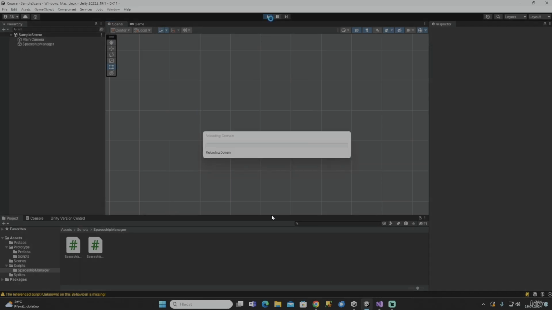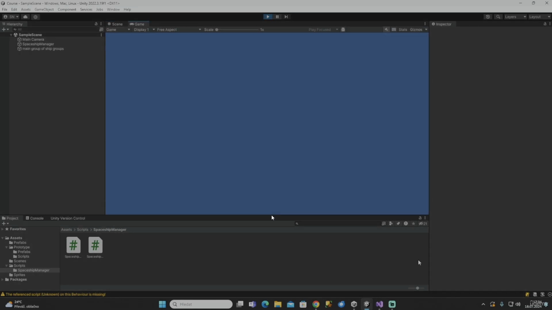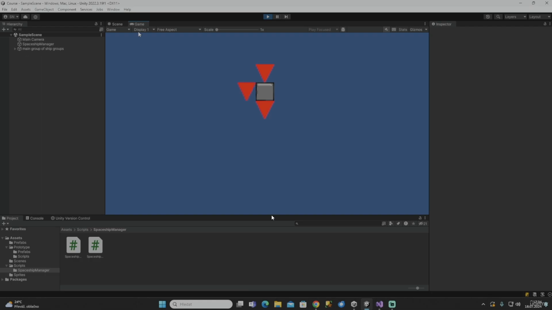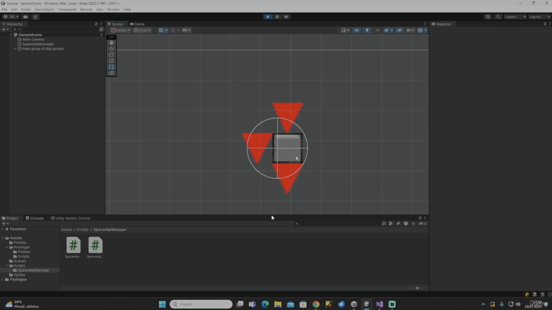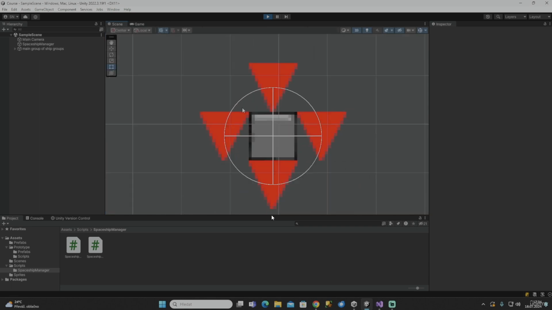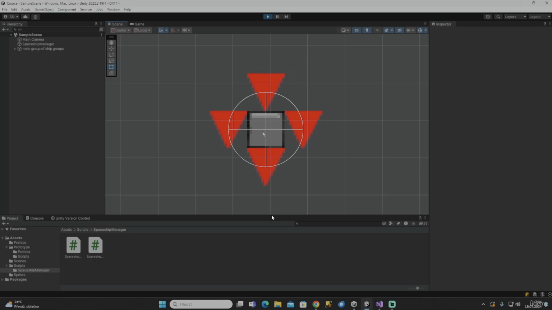You can experiment more with this to see if it is really working by placing this block here. You can see the center position is here, and after placing another block up here, the center position should be in this block. After placing another here, the center position moves a little bit to the left. After placing another block, it should again be in the center. Why are we working with this? Because we are calculating the position where the first power should be added. Because to make this ship realistic